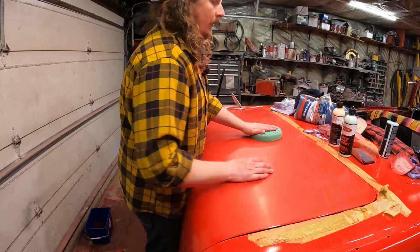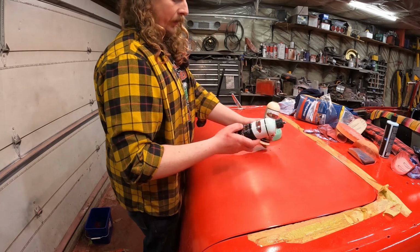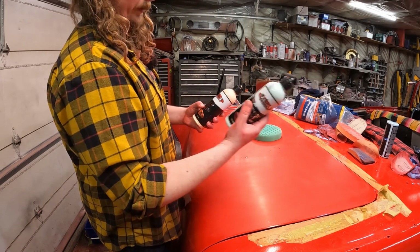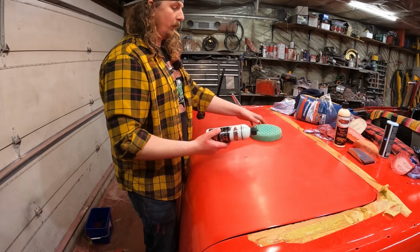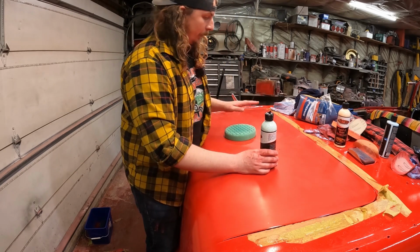So the two we're going to use here for buffers, there's this severe and then swirl and haze. So I believe this is the heavier duty one. So this is Mer's stuff. He told me blue goo with a blue buffer, orange goo with the orange buffer. So we'll start with this,